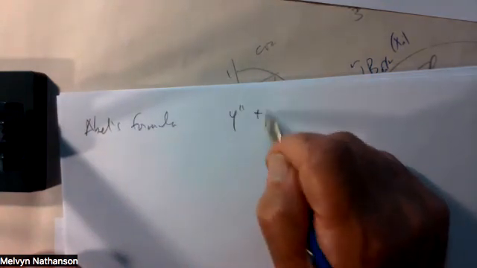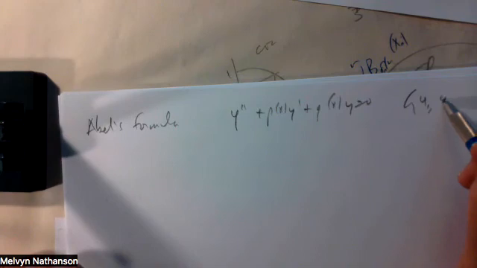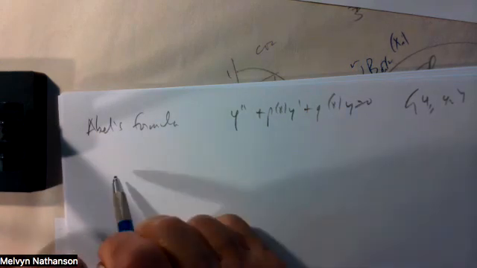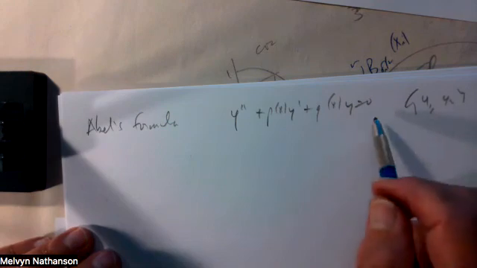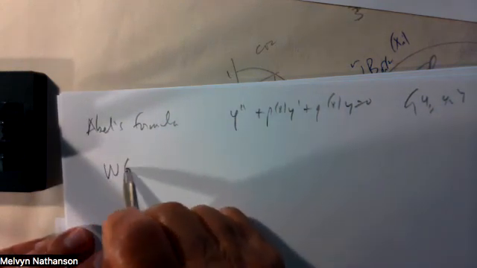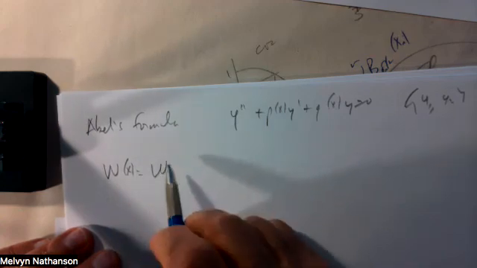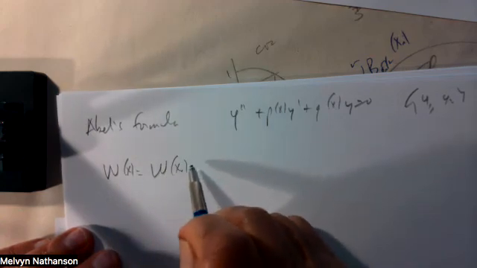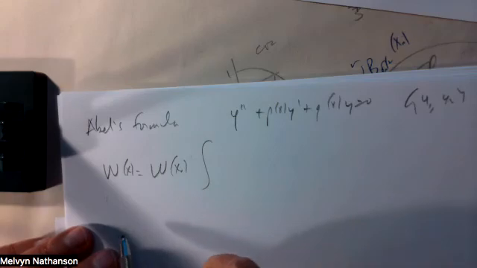You have y double prime plus p of x y prime plus q of x y equals 0, and y1 and y2 are a fundamental solution of the equation. Then the Wronskian, and you take x0